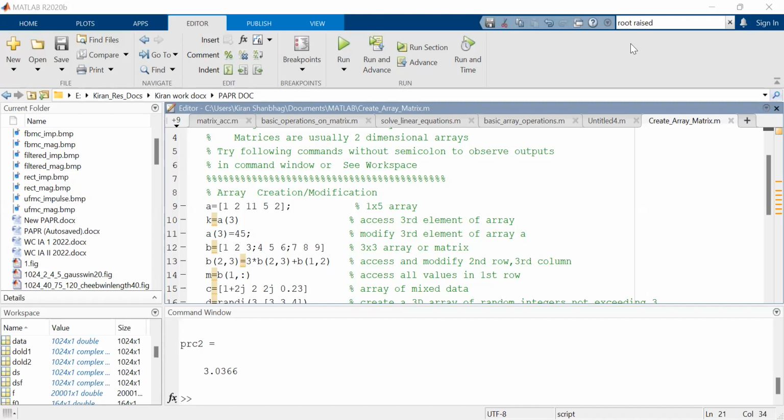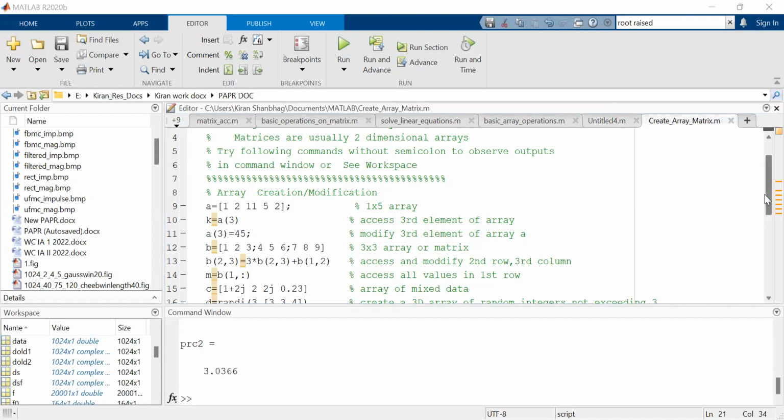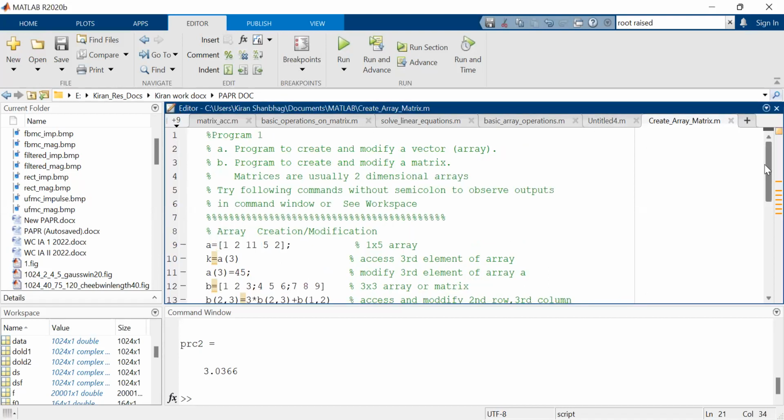Hello everyone. So now currently you guys are looking at my MATLAB screen, and we are trying to do the first program of your basic signal processing lab. So what are we trying to do here? We are trying to do two things: a program to create and modify a vector, and create and modify a